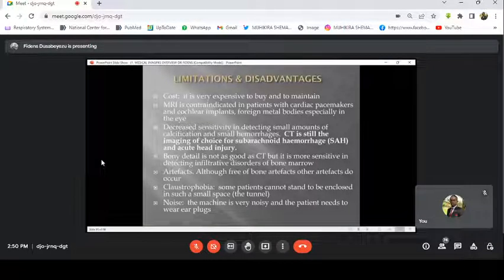CT is still the imaging of choice for subarachnoid hemorrhage, a very small amount, and even for acute head injury. It's better to use CT scan. If someone has injury, with 100% use CT scan than MRI. You cannot just send MRI for someone who had injury, head trauma or something. Another limitation is that,